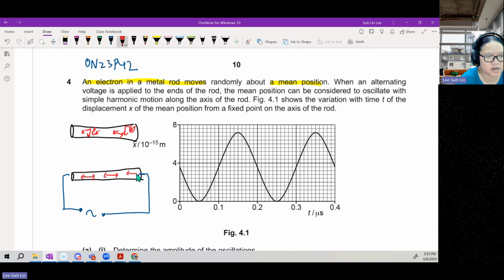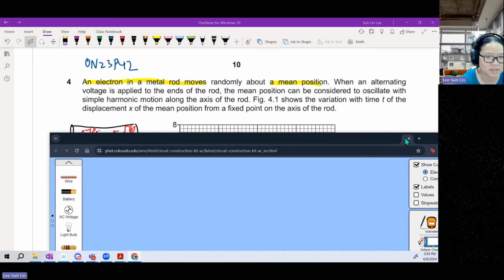This was the first time we saw this in an exam paper. Last time it was just my fever dream. Whenever I teach AC, I tell students, hey, do you know that AC is actually electron in simple harmonic motion? Because today,